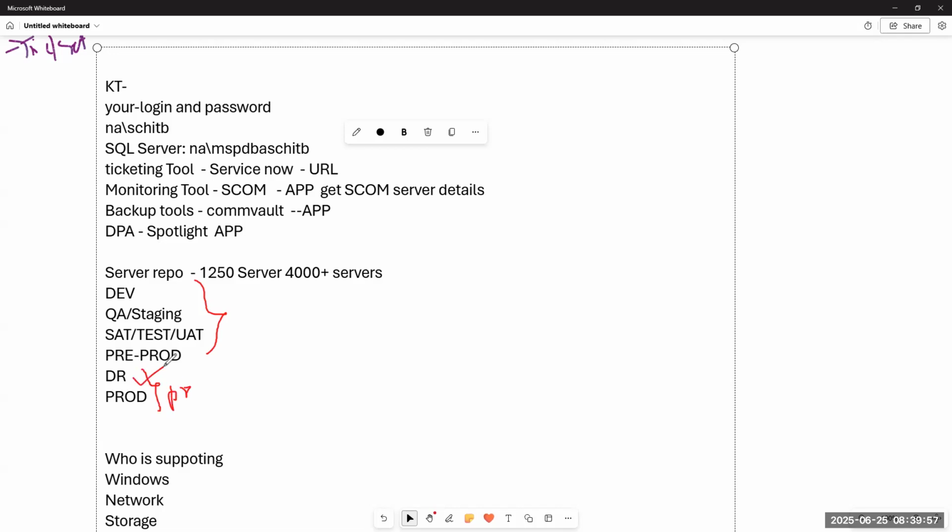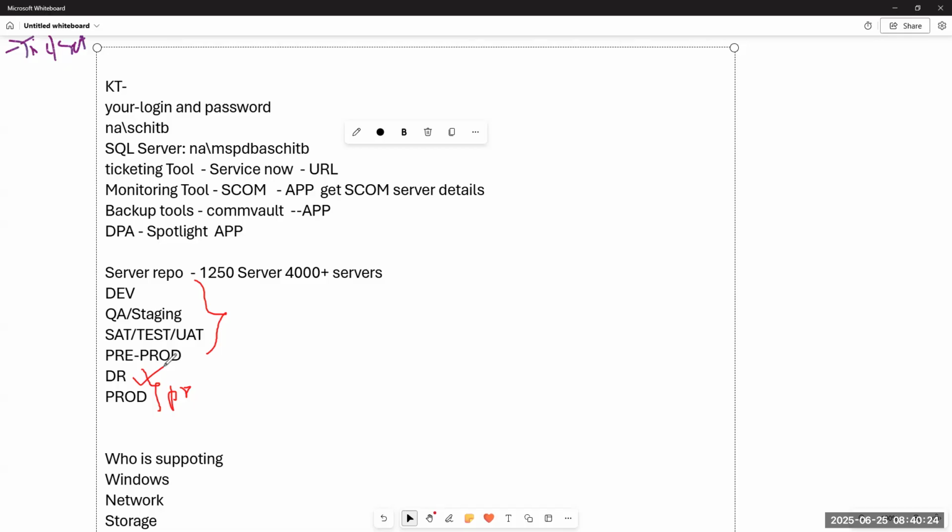DR is also like a prod only, sir. Don't take this as non-prod. DR is nothing but a copy of the production server. You know about the floods, right? Chennai floods, Kerala floods, and in the US, storms. If something happens in our region, we need to maintain one more copy. So DR is like that.